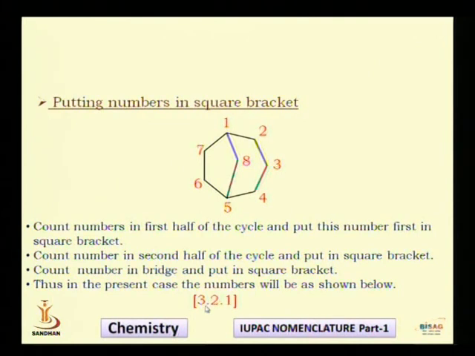So this first figure and second figure will tell you the total number of carbon atoms on either side. So on this side we are having 3, on this side we are having 2, and then you count the number of carbons which are present on a bridge. So this is my bridge and there is only 1 carbon. So that figure I will be writing over here. So in this way I have completed the numbering.